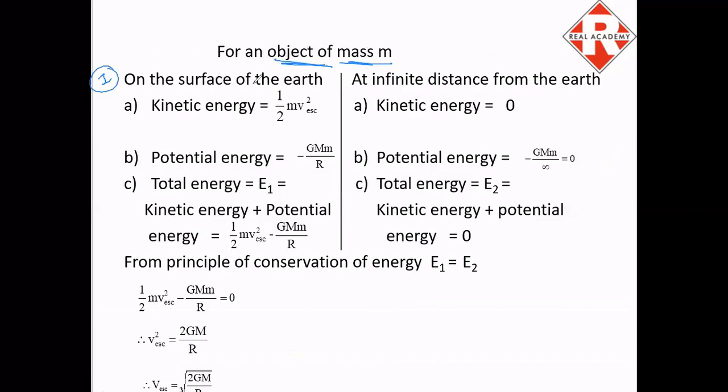So if the object is on the surface of the earth, right, kinetic energy and potential energy कैसे लिखेंगे? How are we going to define kinetic energy in that case? So kinetic energy will be given by half mv square such that v should be the escape velocity. We want to find escape velocity, right? What is the value of escape velocity? So in that case, if I am finding the kinetic energy gained by the object on the surface of the earth, it will be given by half mv square such that v is given to be escape velocity.